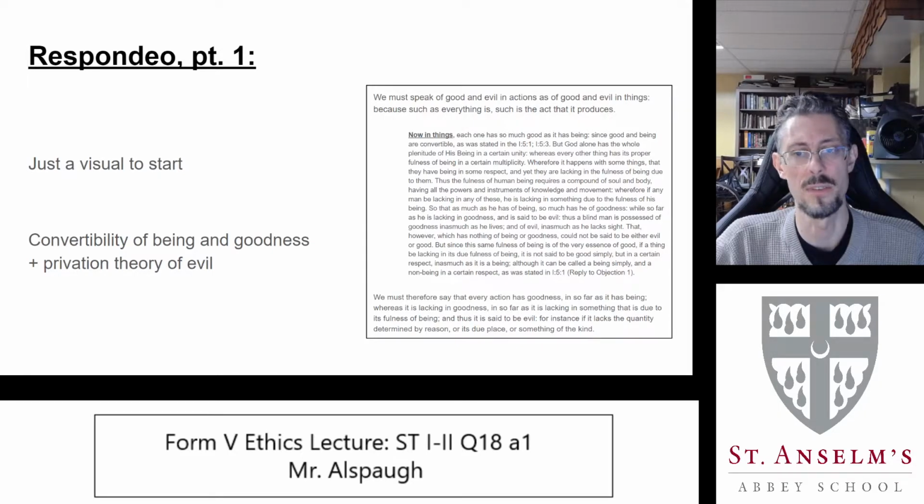All of that indented stuff in the middle, starting with "now in things," that's not about action, not directly. So he spends most of his time just laying out the privation theory of evil. The question is, how do we apply it to action? That's answered in the first line. In the very first sentence, he gives the claim. And assuming that first claim is true, then all we need to do is run this explanation of the privation theory of evil, and we have it for action. So all we're really doing in this article is going back to the thing we've seen before in question 8 with convertibility, and now talking about it specifically in terms of evil.